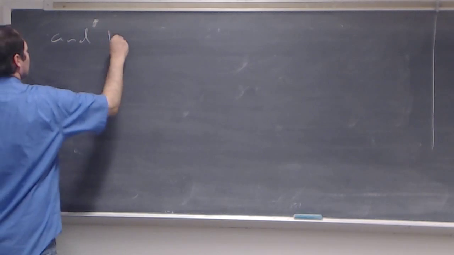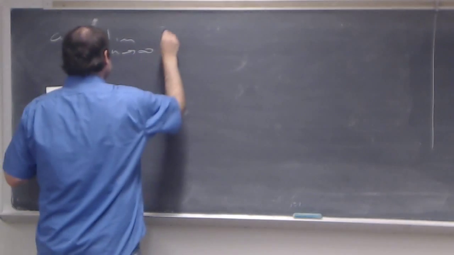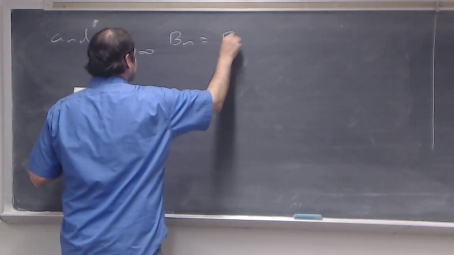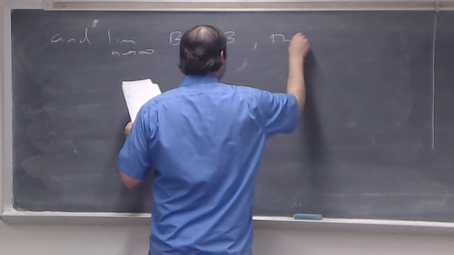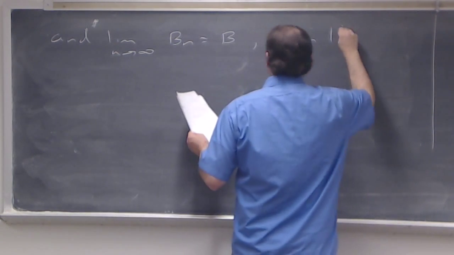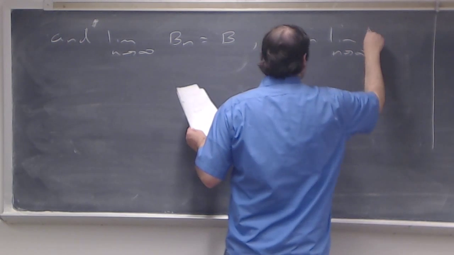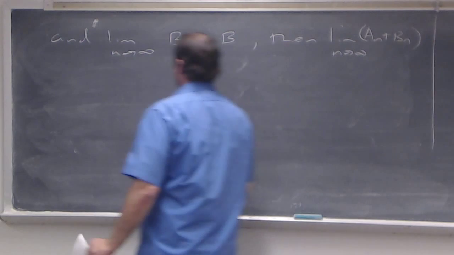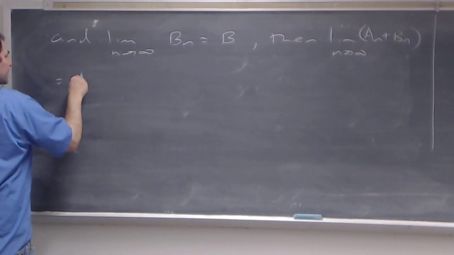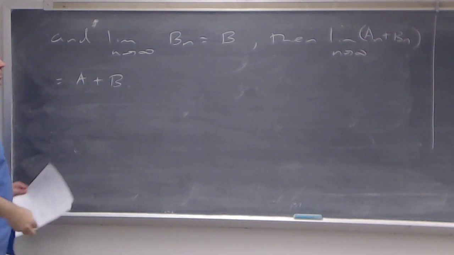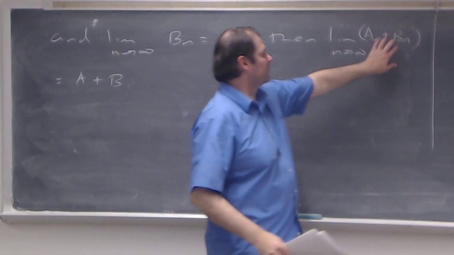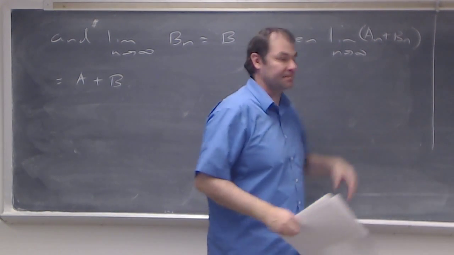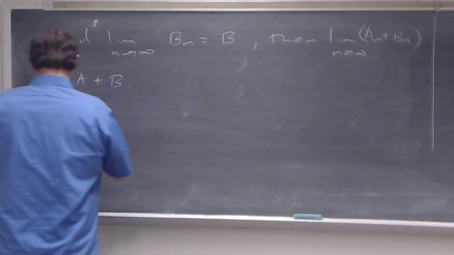And the limit as n goes to infinity of the b sub n's is equal to b, then the limit as n goes to infinity of a sub n plus b sub n, by properties of limits, is going to be equal to A plus B. And remember, this was the limit of the partial sums for the series of the little a sub n plus b sub n. So what that tells us is